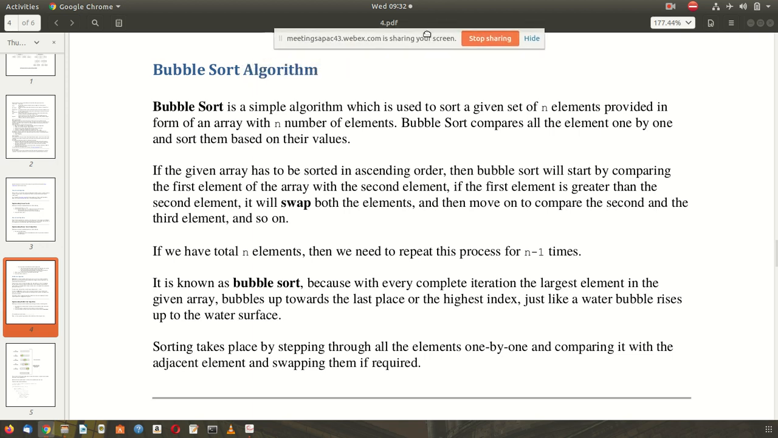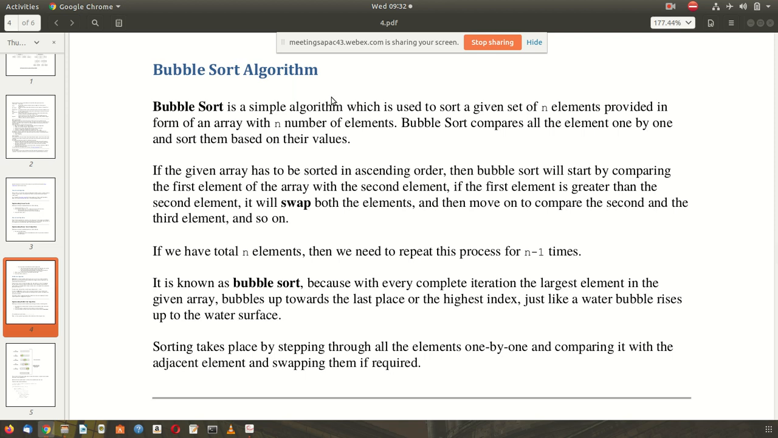Today we'll discuss one another algorithm. So this algorithm name, as you can see, is the bubble sort algorithm. A bubble sort algorithm is a sorting procedure. Sorting procedure means, if you remember, in the algorithm of binary search,